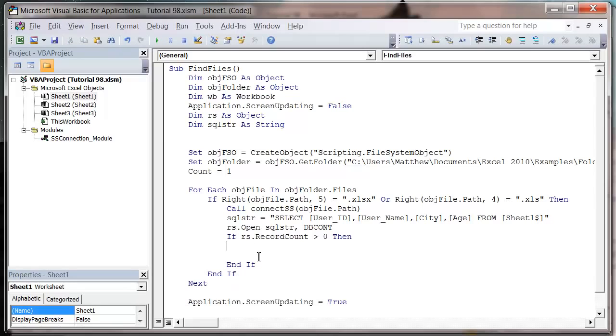We're actually going to want two counters, and I'm going to start calling them counters again because I'm fed up with them being called count. I'm going to keep typing them wrong all over the place. So if rs.recordCount is greater than 0, then we want to